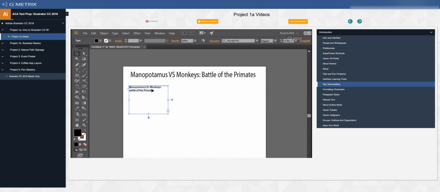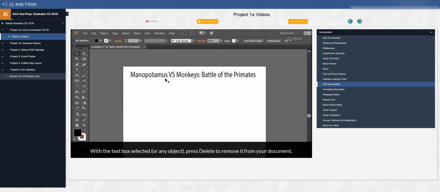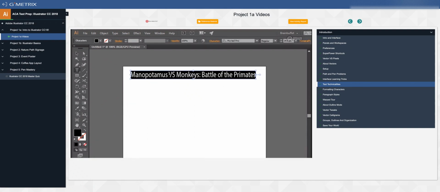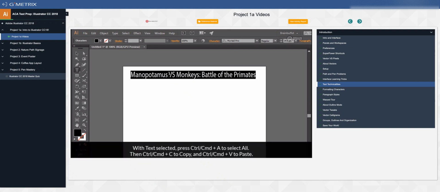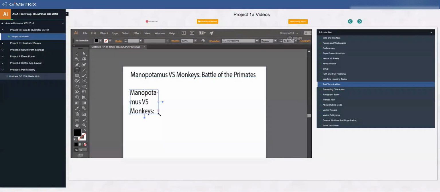The other way that I can draw an area type is, let's go ahead and select all this type. I just clicked a bunch till I saw that it was all selected, and I did Control or Command A to select all, Control C to copy it. And now watch this. If I click on the text tool and I draw a box and I paste, you